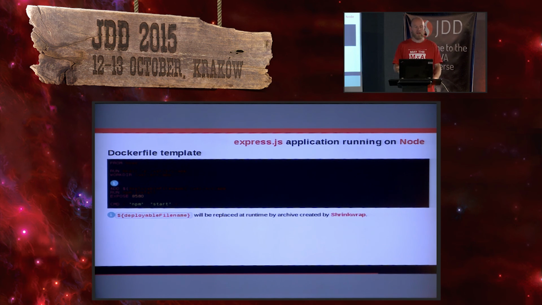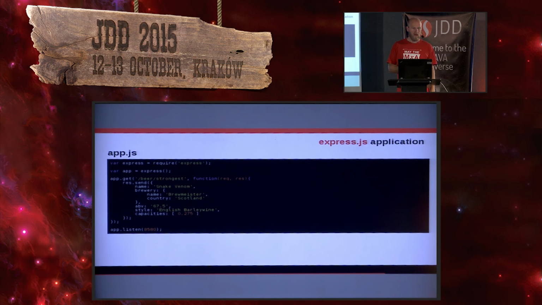So that could be anything, whatever runs, essentially. And then we're just unpacking that into the app directory and then exposing the port and starting, in this case, Node. So the application that's being deployed inside of Node is a very simple REST endpoint type of thing that responds or returns some